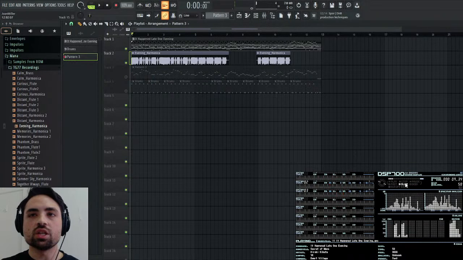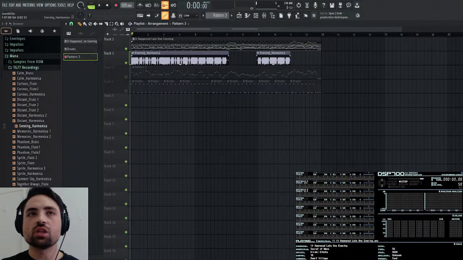Yeah, I think it's just the pitch of the sample is different, so they're registering as different notes, but it's the same note. It's just a little bit detuned.